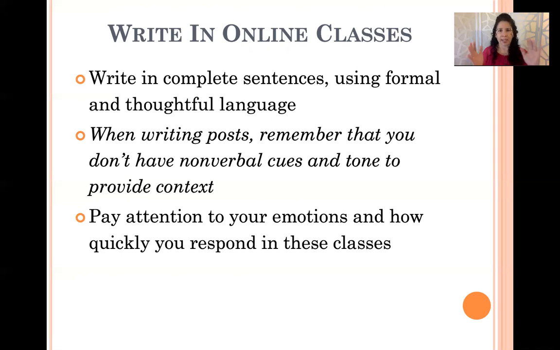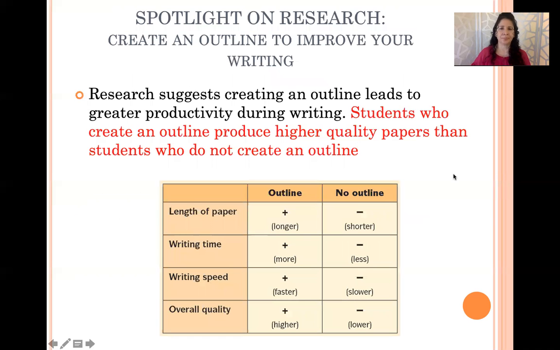It's just that I can't read the body language and the tone through words only because I can't see you, and therefore I have to be careful. So make sure that we write in complete sentences so the person understands what we're saying. Maybe it's okay to disagree with students. I actually encourage that, because with disagreement comes conversation, and we're learning different points of view, and I want that, right? Pay attention again to your emotions and keep your emotions in check, right?